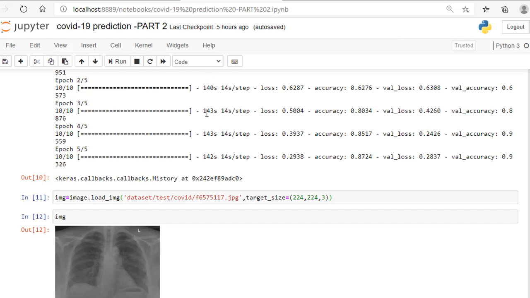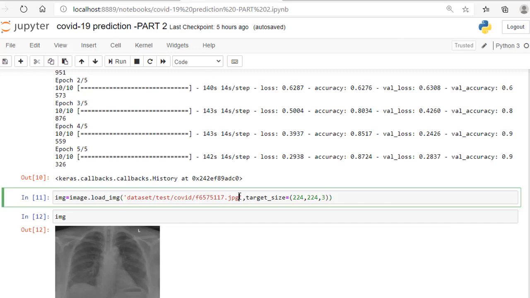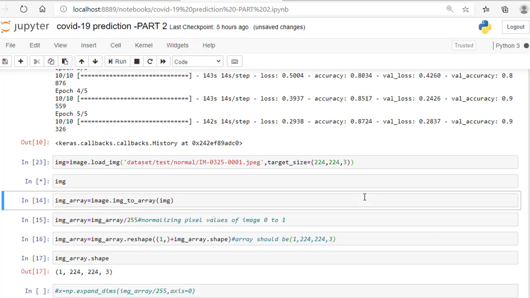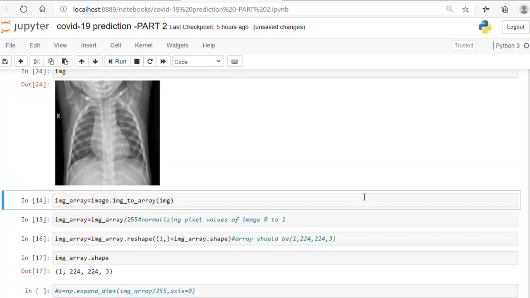I am taking this one, and now I am changing the path to normal. It is a normal image and it has to predict normal. Now let me execute this. And this is the image, the normal image.